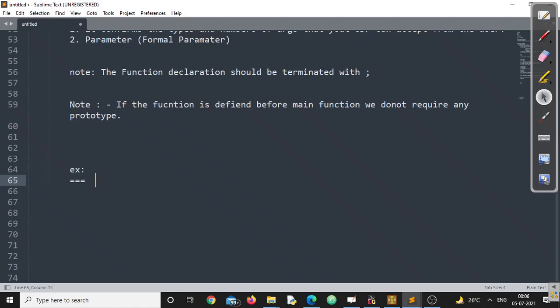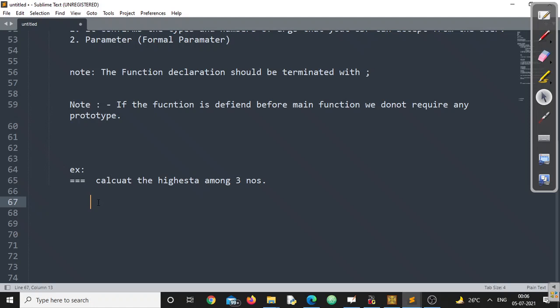Like I have a programming requirement. Can you please write a function which will calculate the factorial, or rather the highest among 3 numbers, right? So this is my programming requirement: highest among 3 numbers. Let us write a prototype for this. See, it can be written in 3, 4, 5, 6 different formats. We will discuss only one format here.